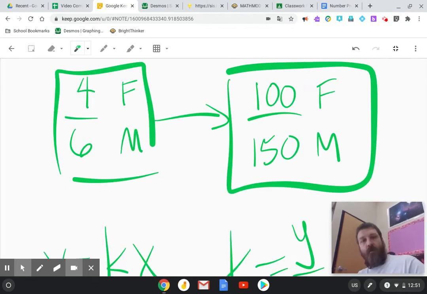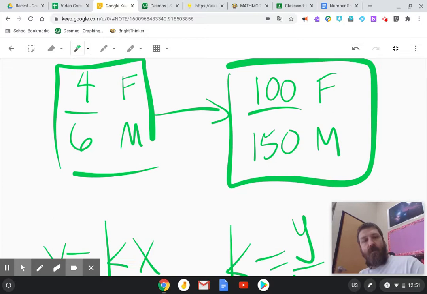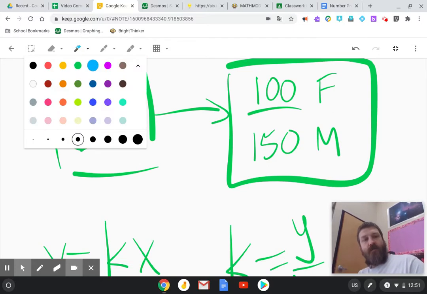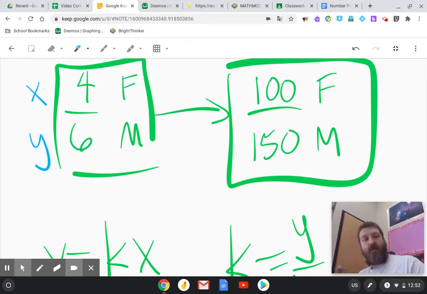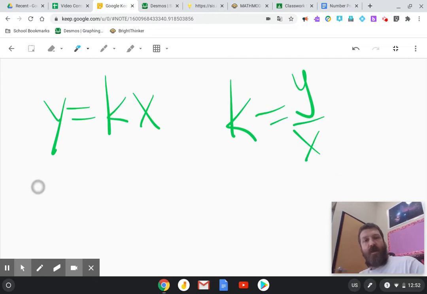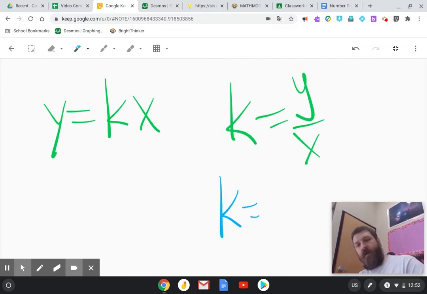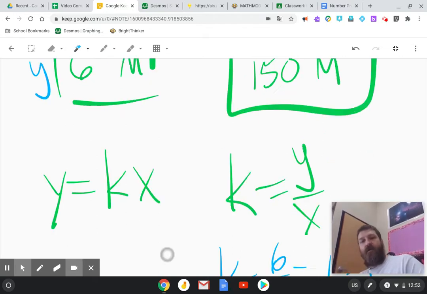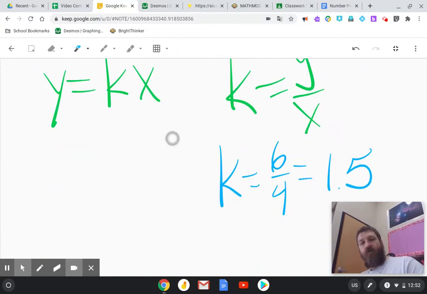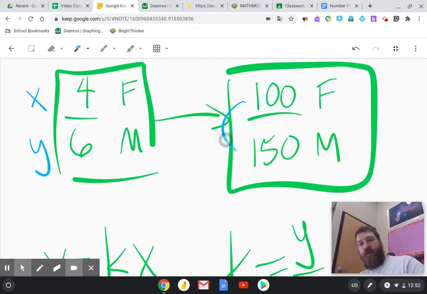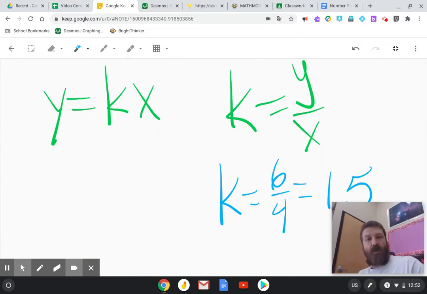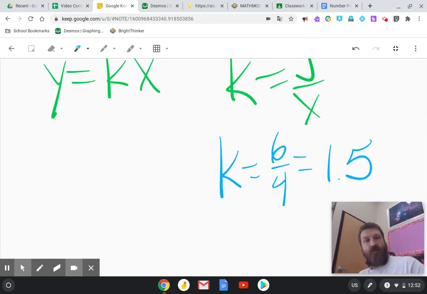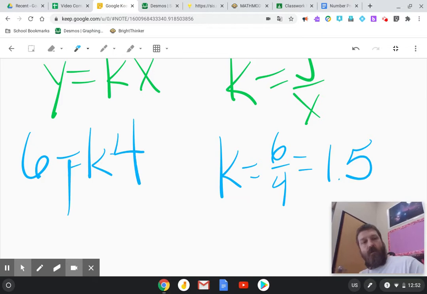So in our example, we could say that the male students are the y and the female students are the x. And if I wanted to find k, then I would say that the k value is 6 over 4, also known as 1.5. So in other words, the number of female students times 1.5 will always give me the number of male students. Another way of looking at it is that, again, if I put 6 for y equals k times 4, then,